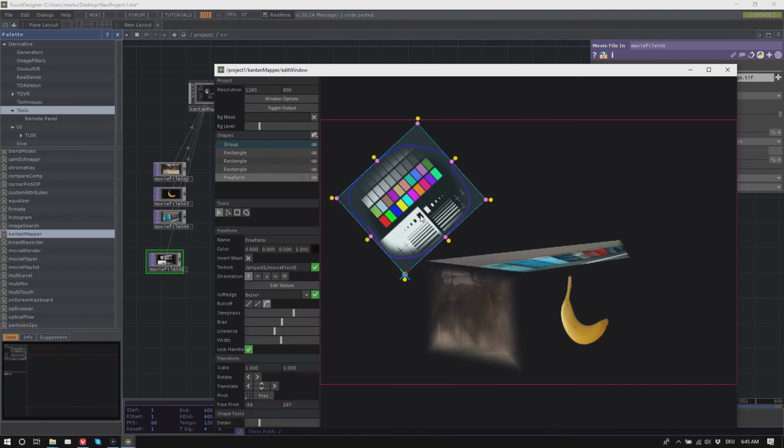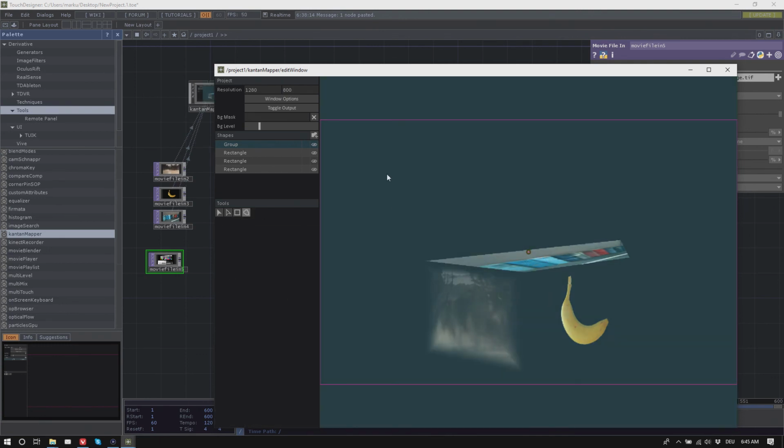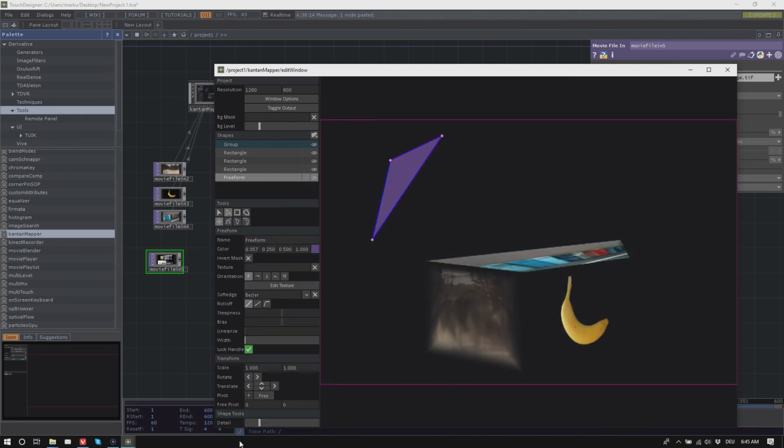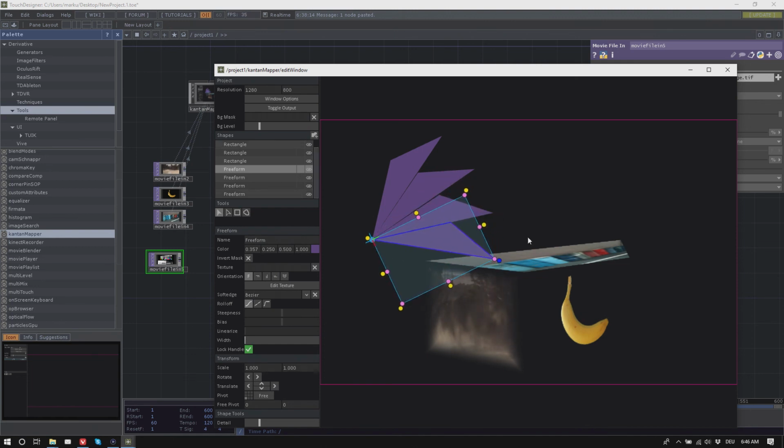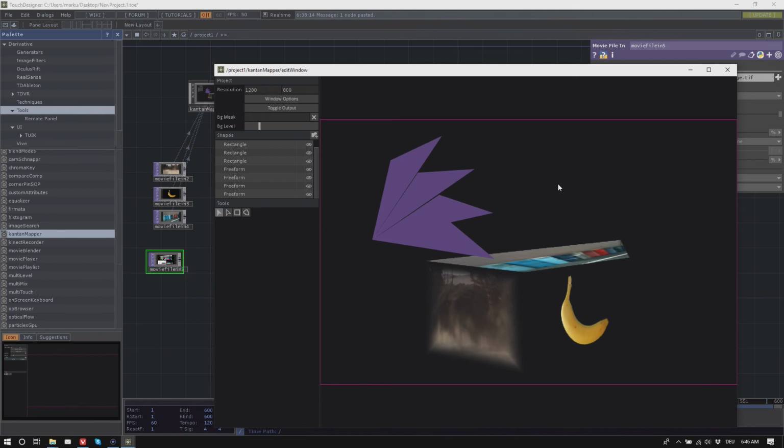So if you would create a triangle and you position the pivot on this corner here, and now you can create those kind of things fairly easily. Anyway, I think that's all the mapping tools we have included.